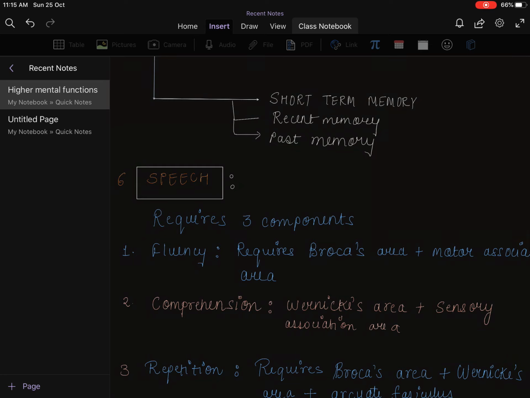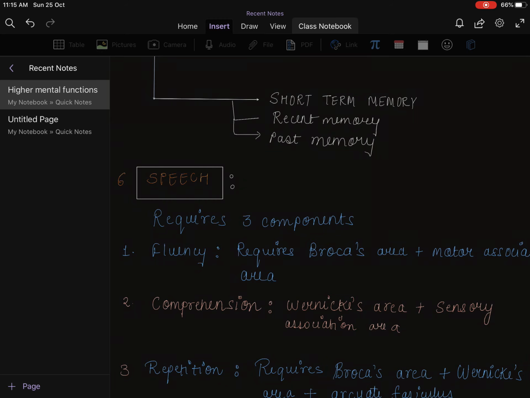in Wernicke-Korsakoff syndrome, the recent memory is lost with intact past memory, whereas the past memory is affected in dementia. Dementia is a separate topic which needs your special attention. So I will highly recommend you to go through your textbook and read dementia again, because it is very frequently asked in your viva questions.